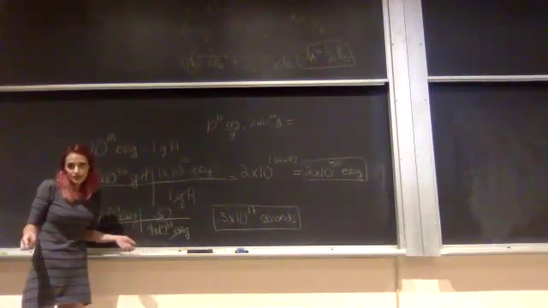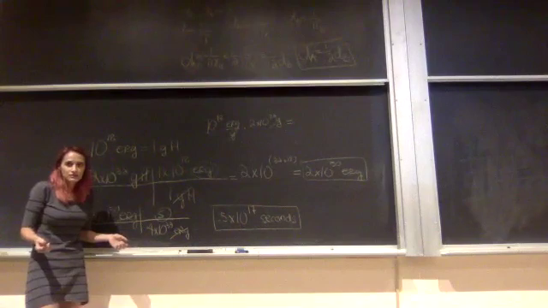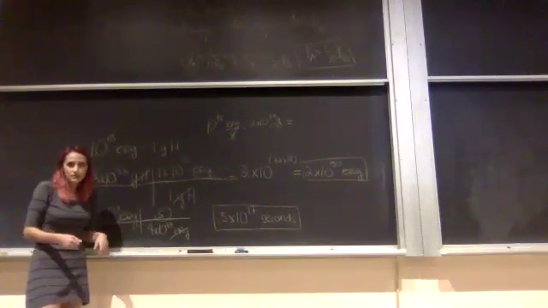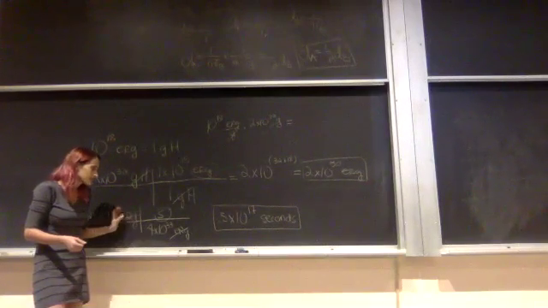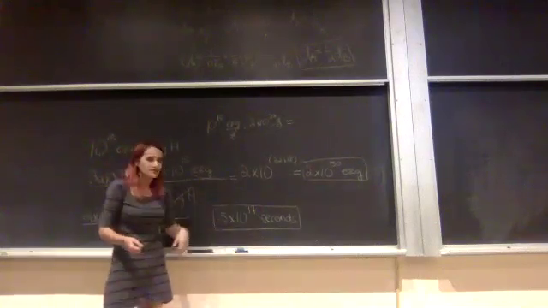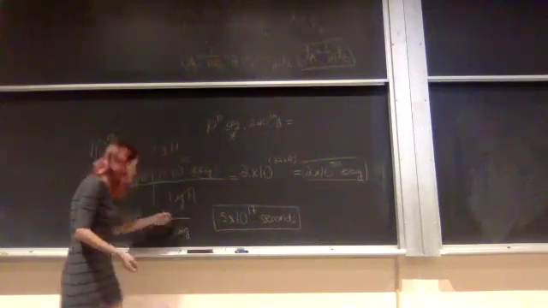I know that I've set it up wrong. 1 over seconds is like inverse seconds, like per second. So it would tell me that I've got, you know, whatever, 5 times 10 to the something per second. And that doesn't make sense. We want seconds to be on top in our final